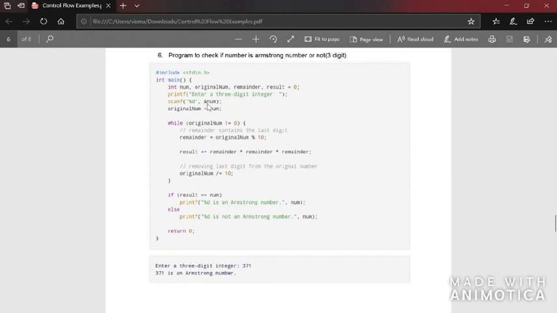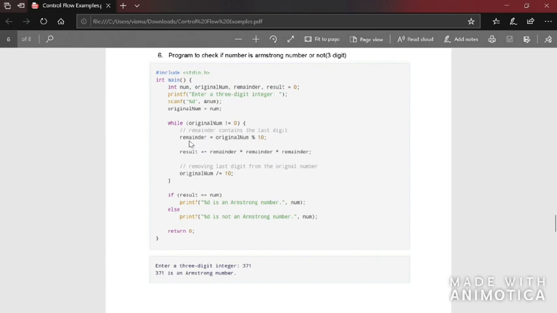Now you're storing that particular number in another variable, original num, because we'll see the reason in the code itself. Then they are checking if the value stored in original num is not equal to 0, opening curly brackets. That is, if the condition is true, we'll go inside the body of the loop.